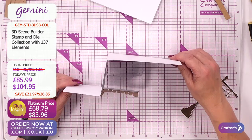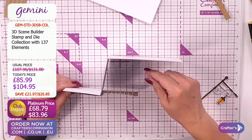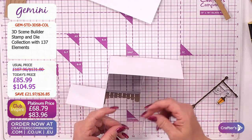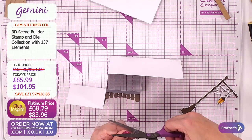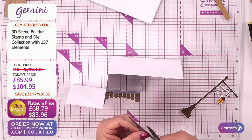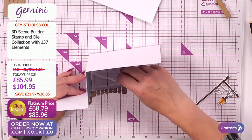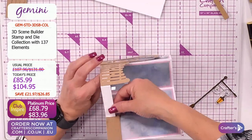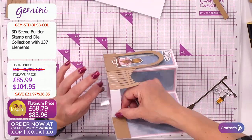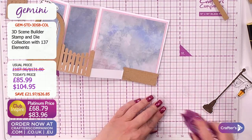I don't know if I tilt it there. It's difficult with it being acetate, but there you go. So I'm going to put glue down one side, but I'm going to chop off just a little bit. I'll just have a little bit of an anchor. I'm going to chop off the other bit, and I'm just showing you how you can do this where the tab doesn't sit when you've got it folded overhanging in this middle part here, like so. So that's what I'm talking about when I do that. However, I'm just going to put those pieces in, and I'm just going to stick that back down